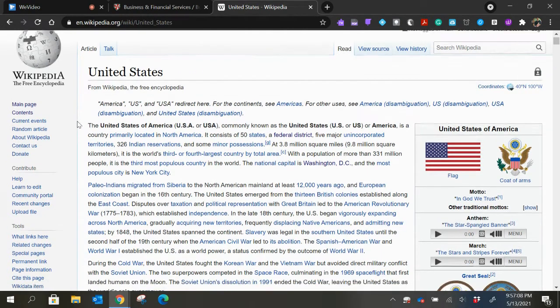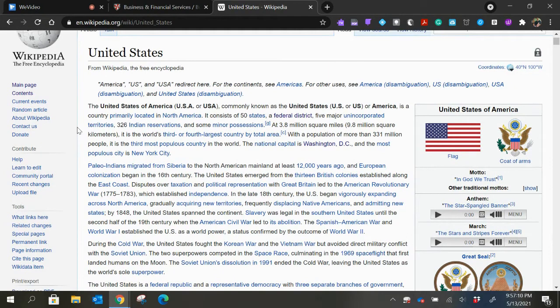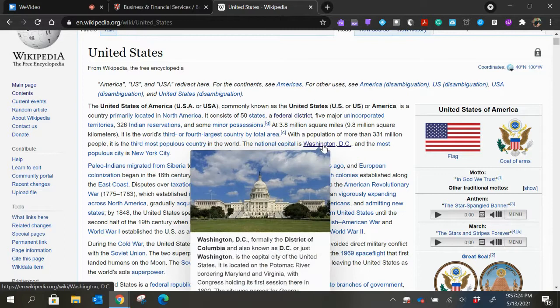This is a Wikipedia page about the United States of America. And you can see there are a lot of blue highlighted words indicating that there is more information to be seen. We're going to go down here to Washington, D.C. I'm going to hover over that. And you see that more information is displayed in a pop-up window. And then when I hover off of that, I can come straight down,